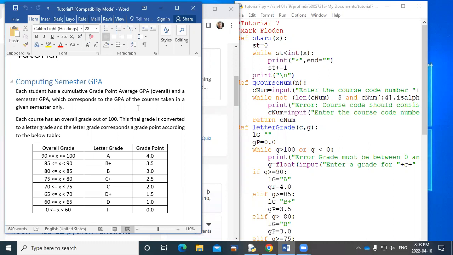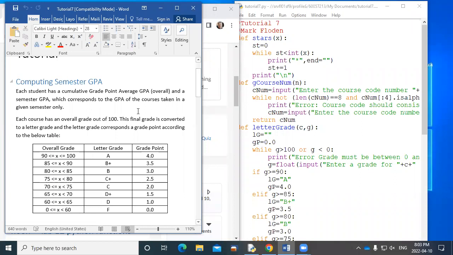And then for each of those courses, it's going to ask the name of the course. And then we will check the name of the course to make sure that it meets a certain specification. The specification is that the first 4 characters have to be letters of the alphabet, and the last 4 characters have to be numbers. And so that's string functions with the substring. So we have a look at that. We've done all of this. There's nothing there that's new.